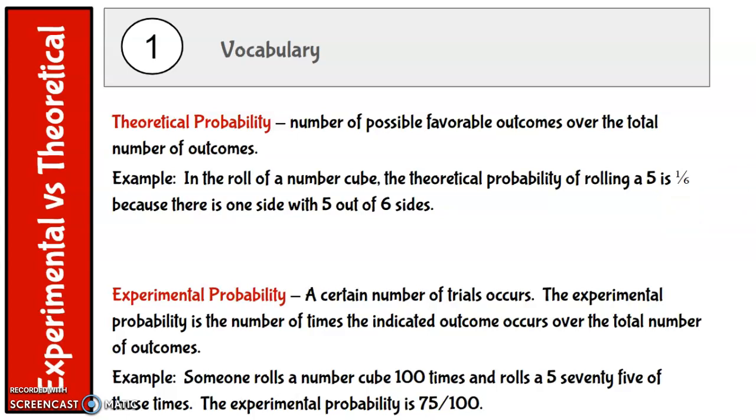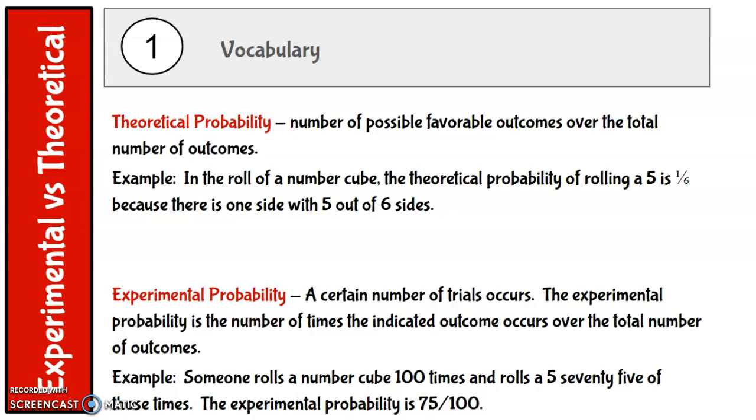In experimental probability, a certain number of trials occurs. The experimental probability is the number of times the indicated outcome occurs over the total number of outcomes. In an experimental probability, you will see them actually performing the experiment and seeing how many times that thing happens. Or maybe it's a survey and you're surveying a bunch of people and you're seeing how many times they choose